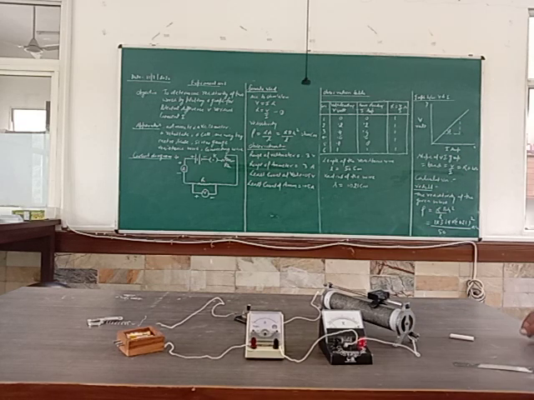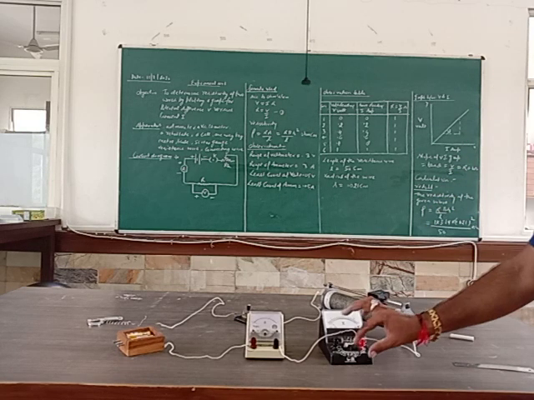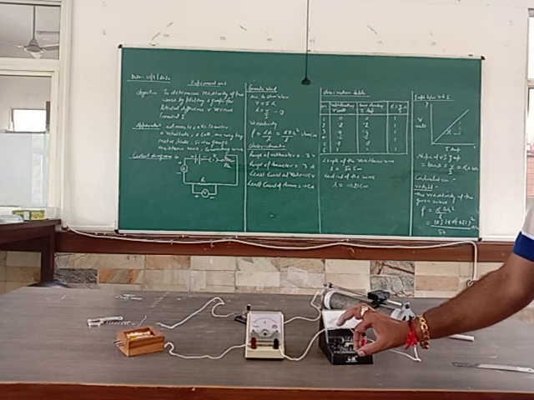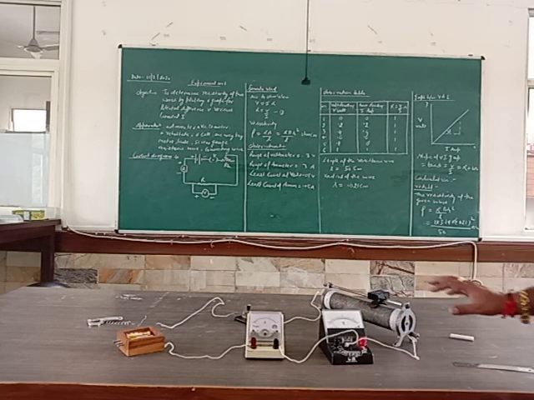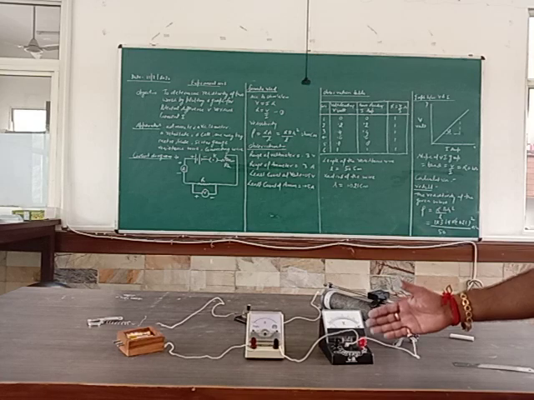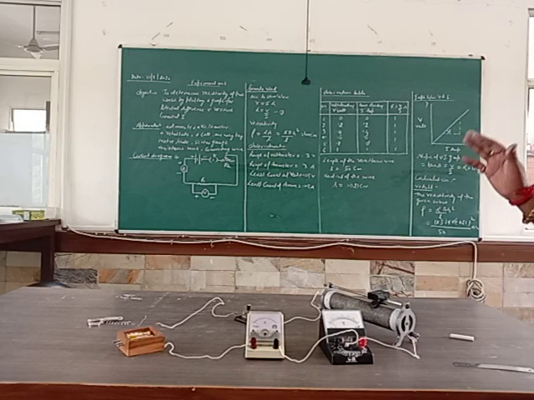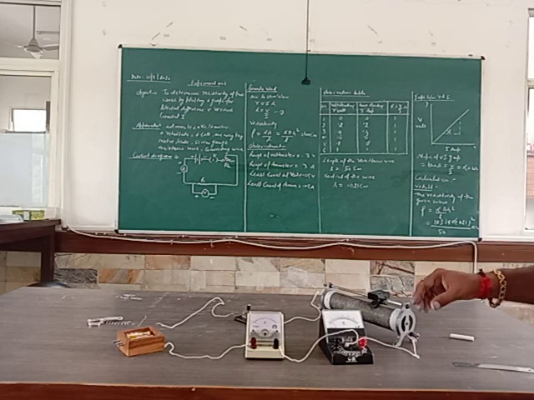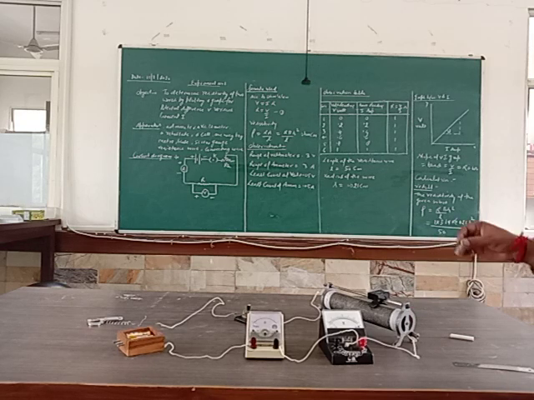When we take the ratio, resistance is equal to voltage upon current, V upon I, so the resistance becomes 1. So the resistance of the given wire is 1 ohm. When we take the readings of voltage versus current, the resistance does not change, because we are not changing the length and we are not changing the area.